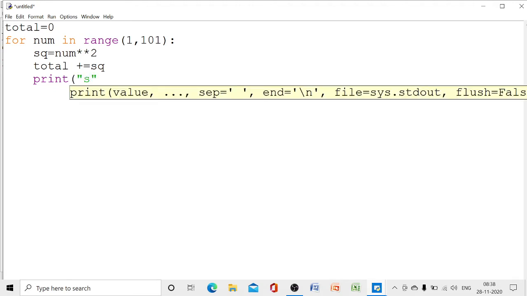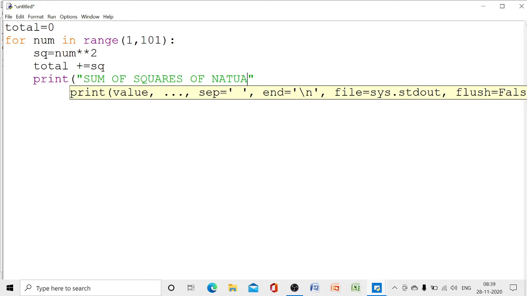Print, let us give it in capital. Okay, we have to give the print statement as sum of squares of natural numbers.